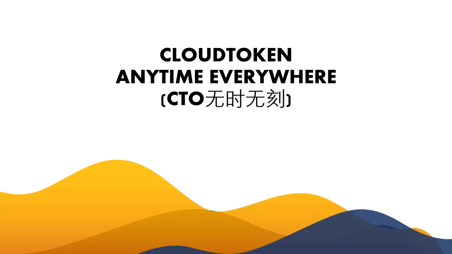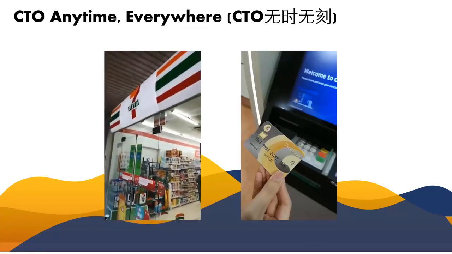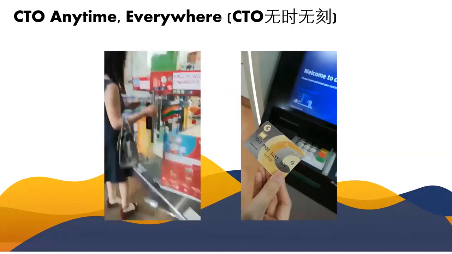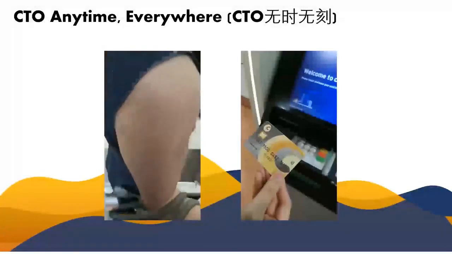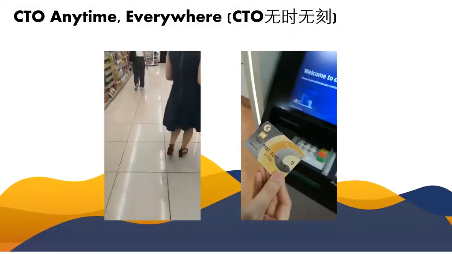So let's move on. Cloud Token: you can use it anywhere through a card, either through the 7-Eleven